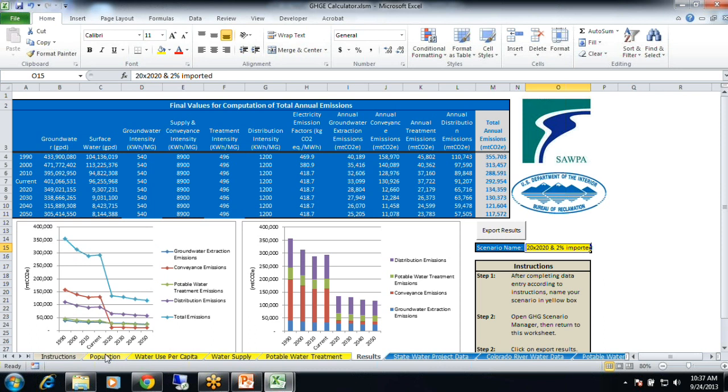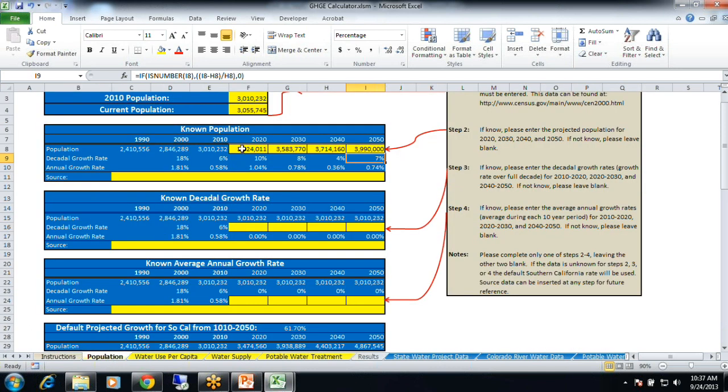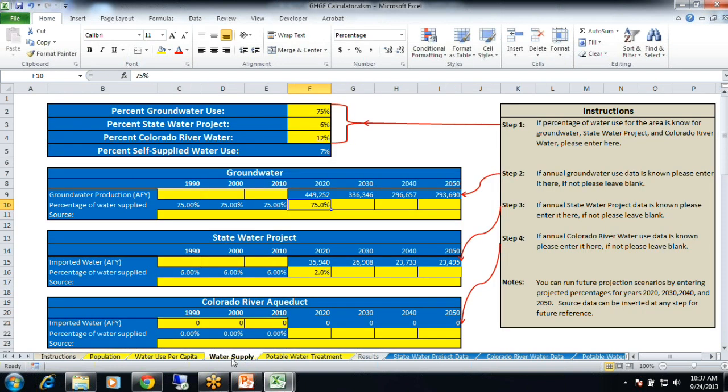And obviously, you can be creative and work on what's going to work for you. So if you're concerned that you might have a population reduction for some reason, and say, I'm scared that my population is going to drop by 5% that year, and another 2% by this decade, but then it's going to have a huge bump and increase by 10%, you can put these different scenarios in here for population growth, and the same thing for per capita water use, which I already showed you, and then water supply.